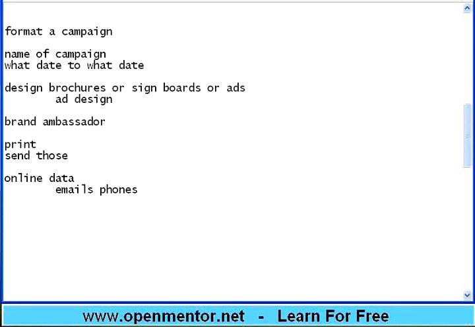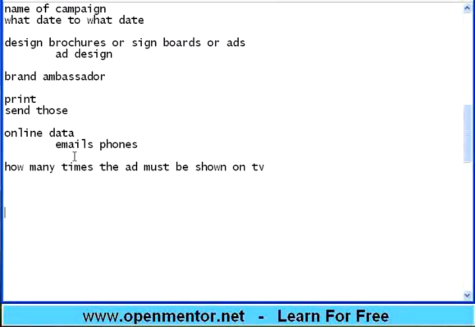So you create a campaign, then have a target date, a time frame, then send it to the people. If it is TV ad or radio ad or newspaper ad, the window is short. Then how many times the ad must be shown, right? On TV, again, at very specific times or between the intervals in the play, when should I show this ad? There are timings, right?